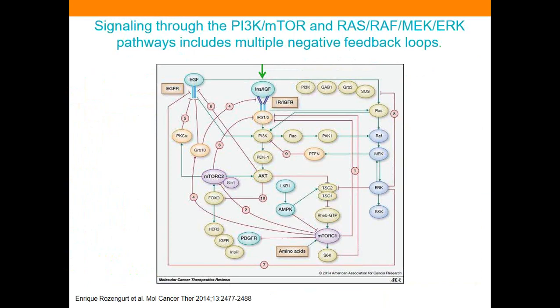So we're going up to an area where you see GRB10 inhibiting the insulin and insulin-like growth factor receptor. We can then shift over from 4 to the left, where we have protein kinase C inhibiting